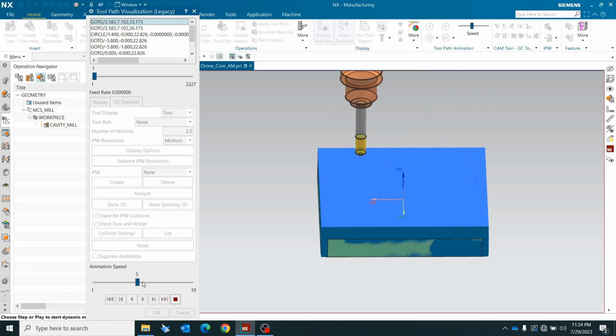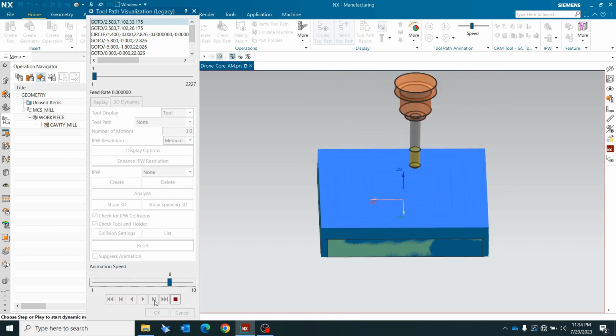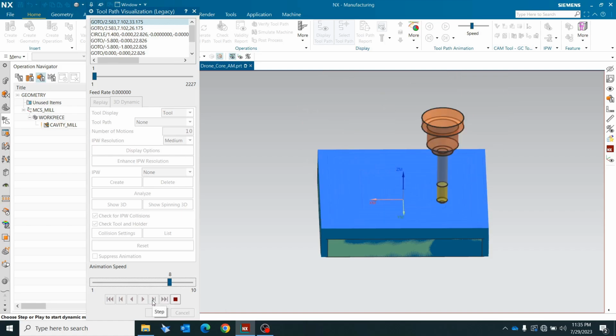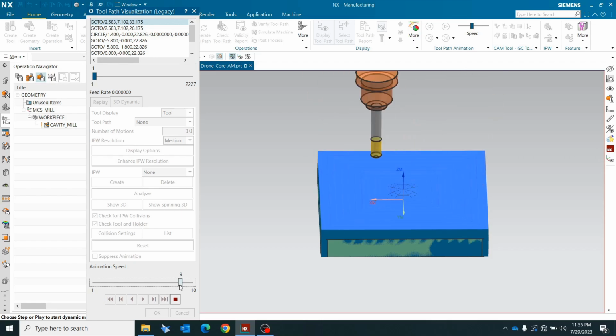I'm increasing the animation speed. You can go by step, or you can go forward to the next operation, or you can stop it. It's like a video playing. Once you complete this,